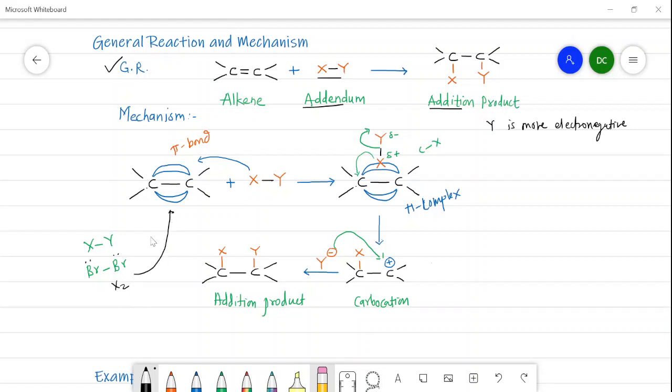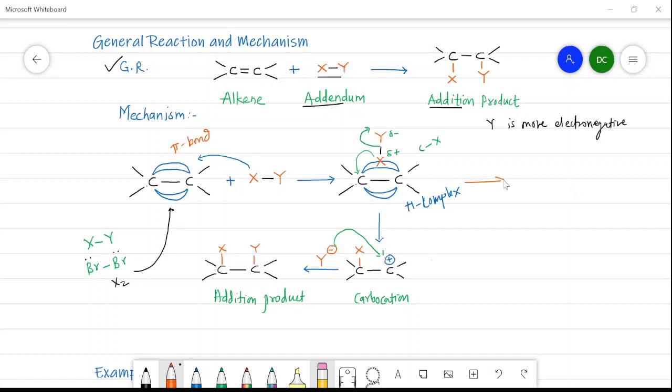in contact with the alkene, then we get a halonium ion as an intermediate. The structure of halonium ion, or in case of this, bromonium ion, I will draw here. Here we get this type of structure where the bromine is forming a cyclopropane-like ring with the two carbons, and it possesses a delta positive charge. It is called a bromonium ion. So in case of Br2 molecule or X2 molecule, we get a bromonium ion or a halonium ion rather than